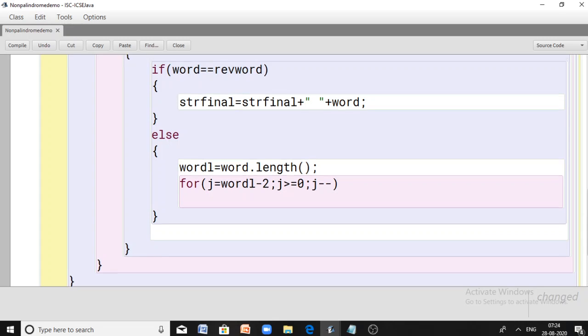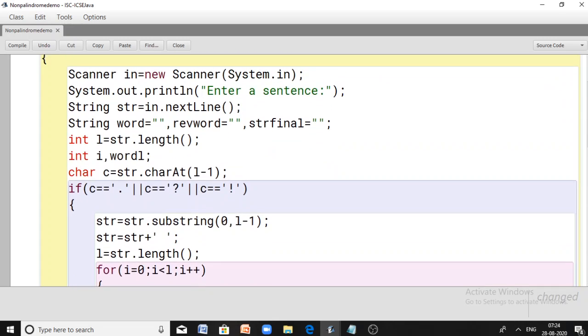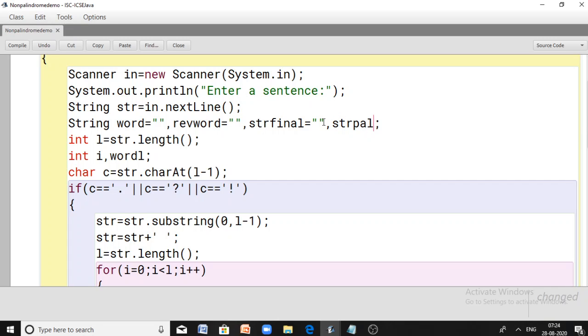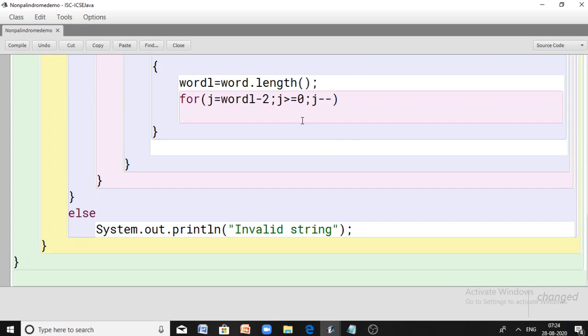So what I do is, I declare another word here, for example, str palindrome, and this is just gathering the reversed form of the words. So here I am gathering the characters one by one in the reversed form in strpal. So strpal is equal to strpal plus the character of the given word from right to left.